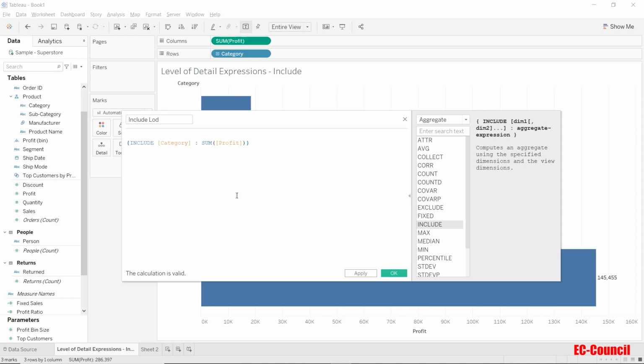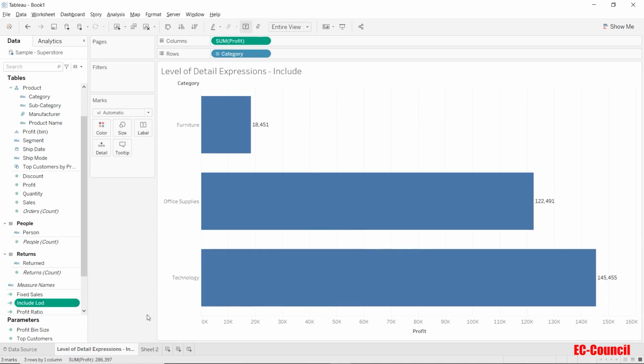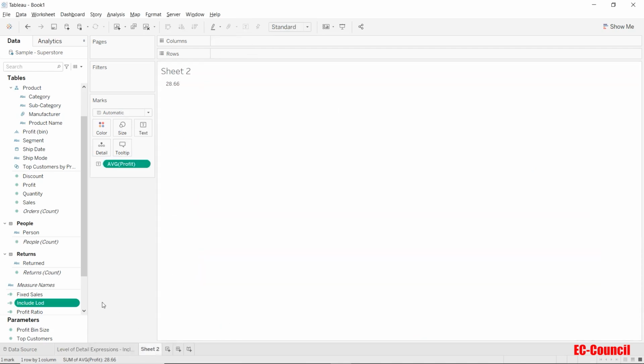Now, once the sum of profits is calculated at the category level, we want to take the average of these three values. So, we will wrap the entire calculation in the average function. Our calculation is valid. Let us hit OK and save this. Let us bring this value into the text marks card of sheet 2 as well. We are getting the value as